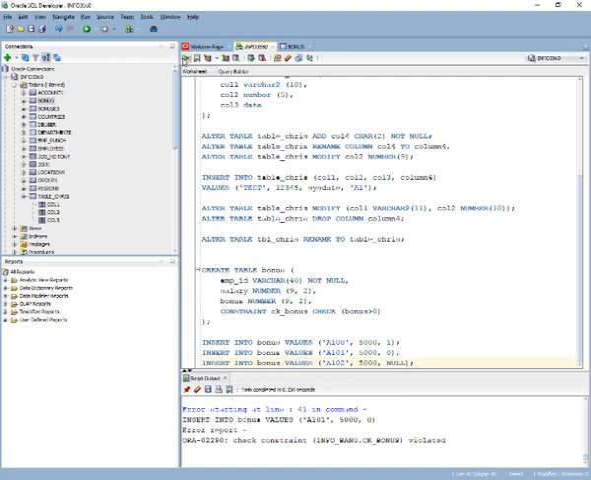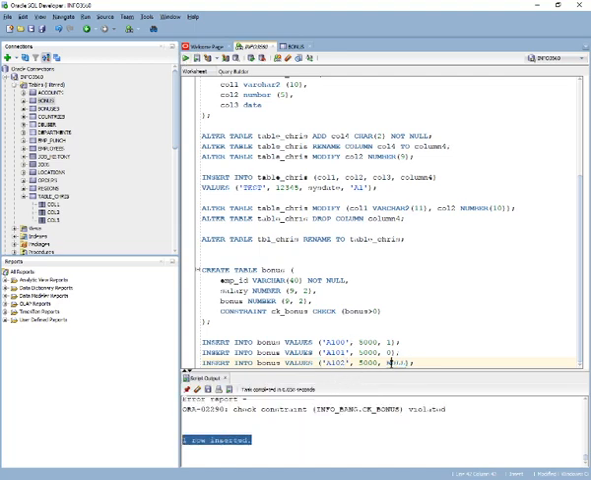Let's test it. One row inserted. So anyway, a null value doesn't need to comply with the check constraint. So in this case, it is possible to insert a value without an actual value, right? Alright, so